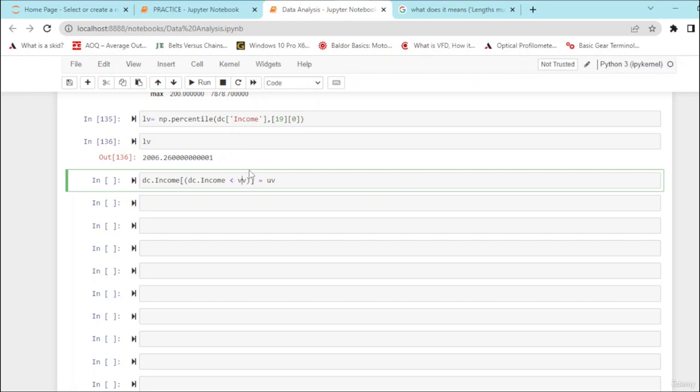It means that all the values in our income column, sorry, which are lower than this lower value, which is 2006, would be replaced with this LV value. It means that the minimum values like 3, 4, 5, 306, 309, and all these values are going to be replaced with this 2006. Just execute this,